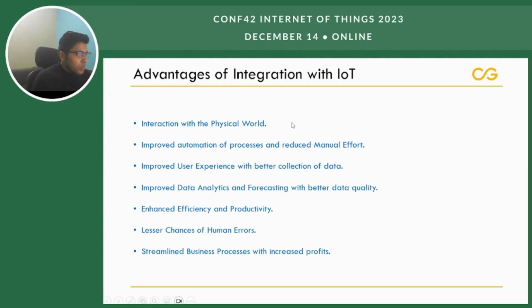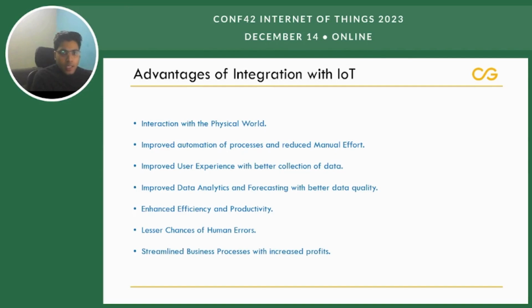The biggest limitation of an enterprise application is that it cannot interact with the physical world standalone. For example, if I want an application to monitor the performance and health of a machine by tracking its temperature, that will not be possible without integrating an IoT device with our application.